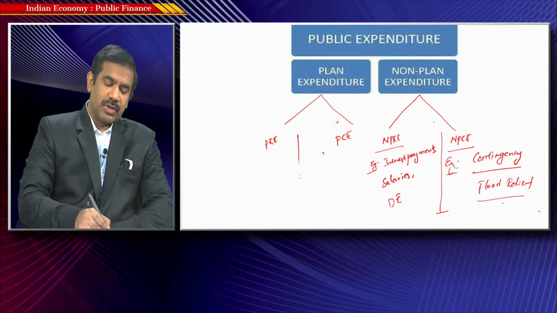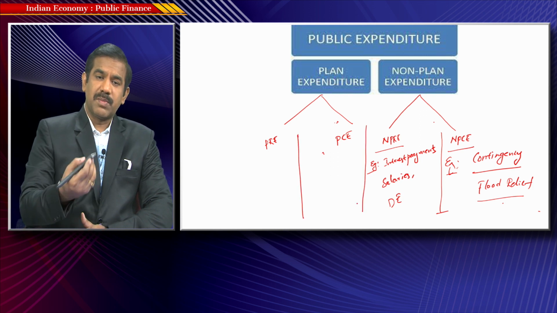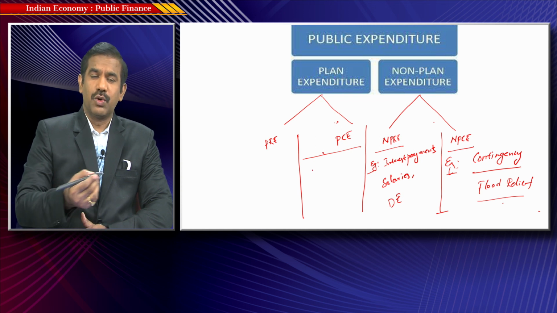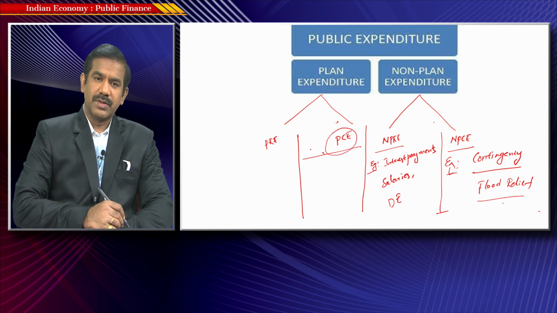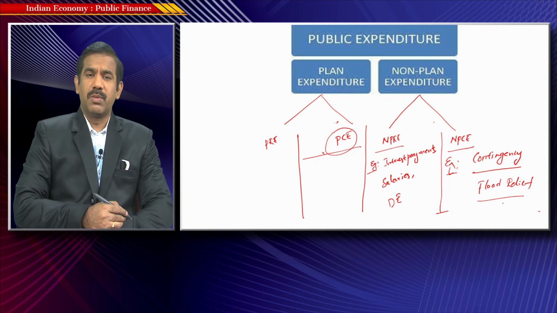Coming to planned capital expenditure, something that's a planned activity and a one-time expenditure, like construction of a road, construction of a railroad, construction of an airport, seaport, hospital, all of that happens to be referred to as planned capital expenditure. And planned revenue expenditure, in India, is mostly the money spent by the government of India